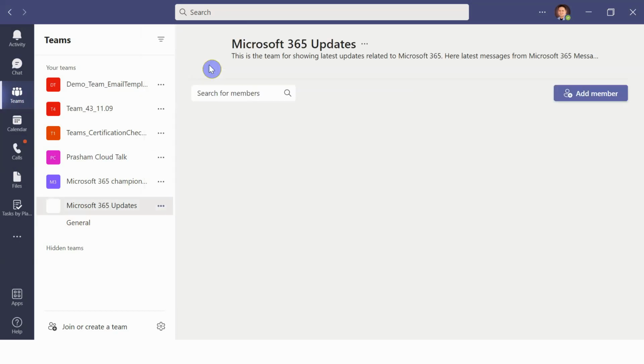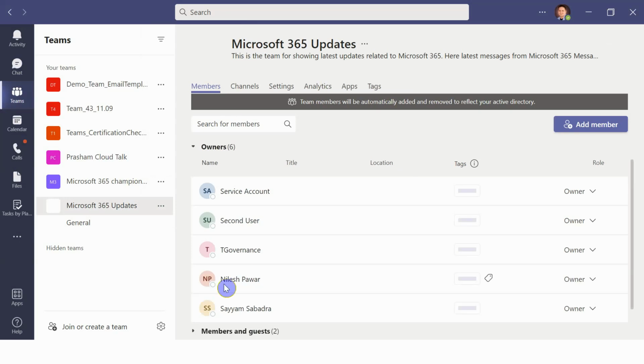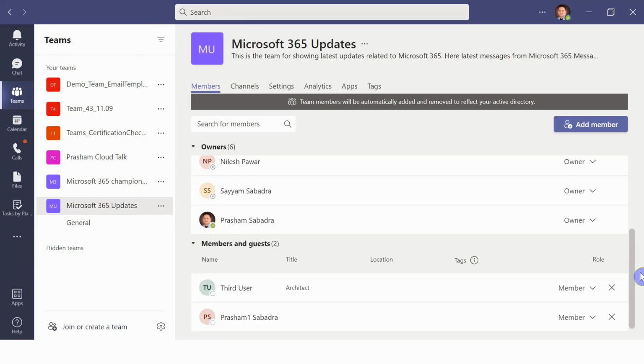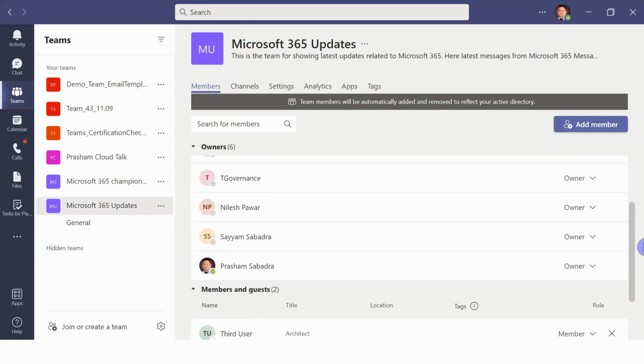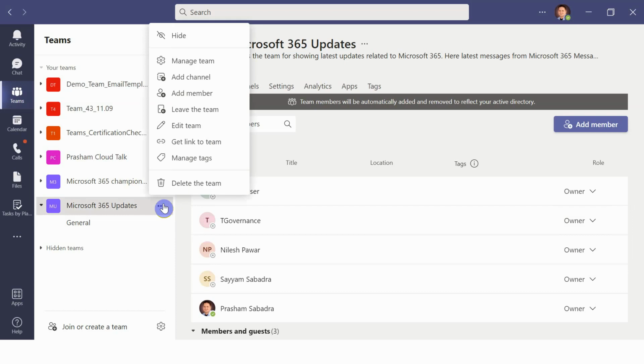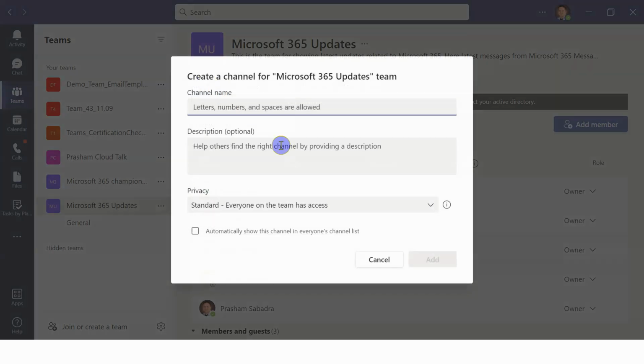Here let's see Manage team. Let's see who the members are. If you see this, all the users from my organization have been added as owners, and a few as members. So you could change here, if you don't want someone as owner, make them a member. Okay, so let's create a new channel, add channel,